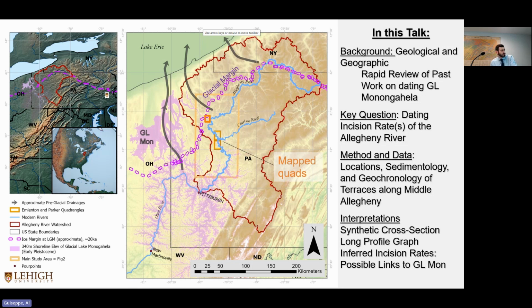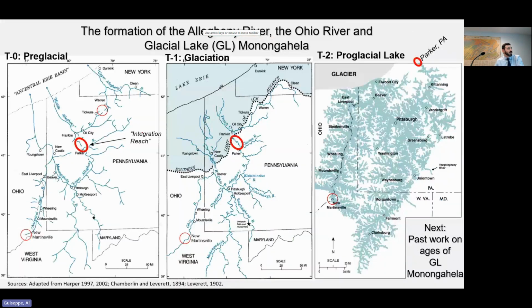This sort of dendritic looking feller here is one reconstructed extent of Glacial Lake Monongahela, which was a large proglacial lake that existed in pre-Pleistocene time. So next we're going to unpack this diagram and understand the Pleistocene and pre-Pleistocene geologic history of Western Pennsylvania and Ohio. So in pre-glacial time, on the leftmost panel labeled T0, before there was any northern hemisphere ice,